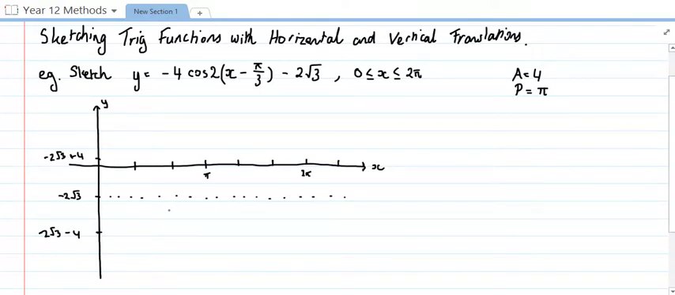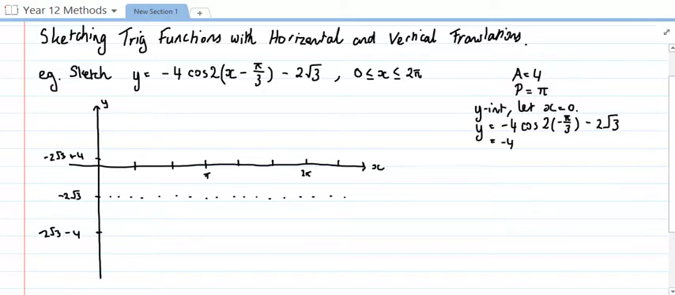points. I'm going to now go and calculate the y-intercept, and after that I'll calculate the x-intercepts as well. So for the y-intercept, let x equal 0. So we get y equals negative 4 cos of 2, and then it's just negative pi on 3 minus 2 root 3. So that's going to give us negative 4 cos of negative 2 pi on 3